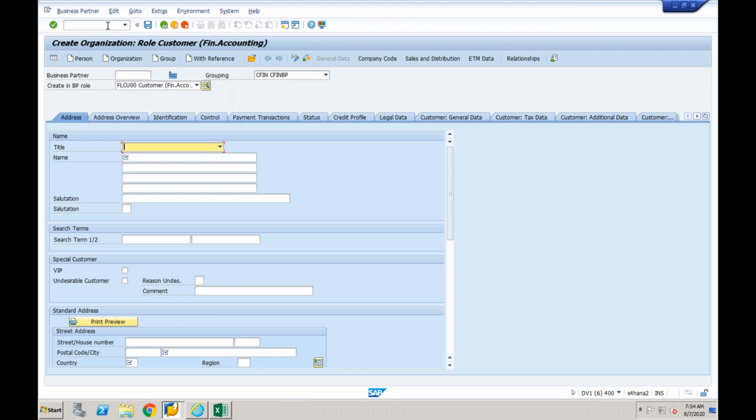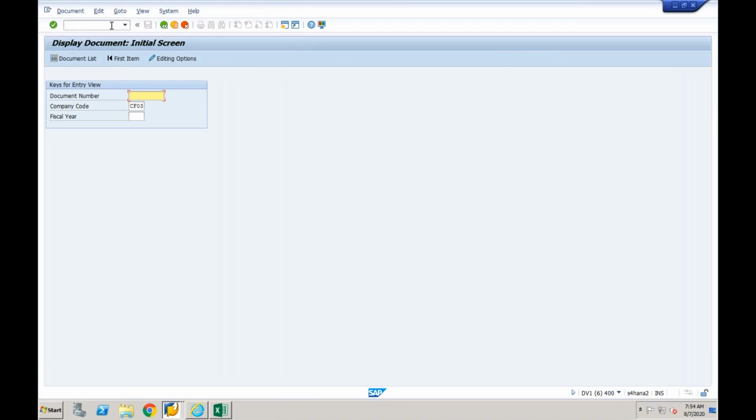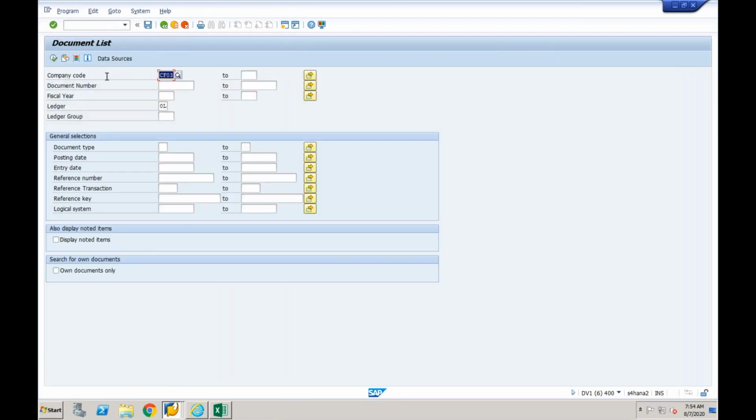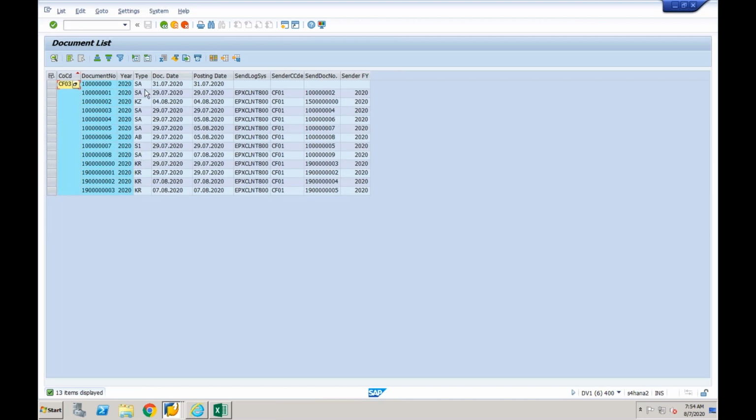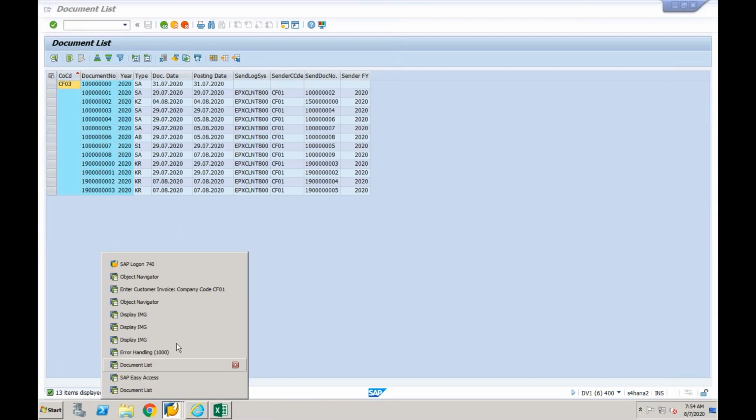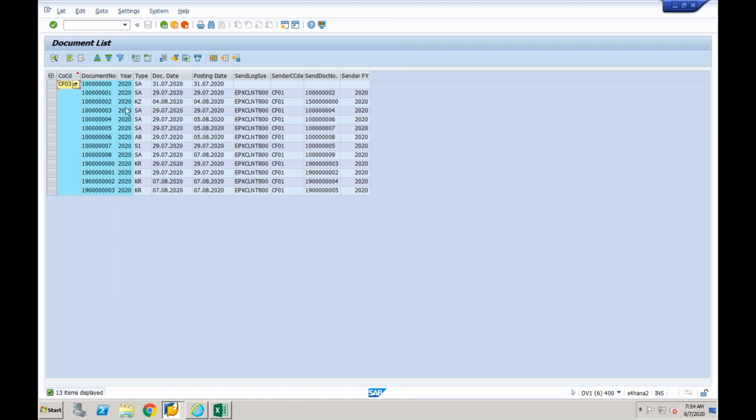Have you posted any document in the target system? Let me see. Any AR related document have you posted already in CF03? No, not with the same company code. Yeah, because I cannot see anything in DR. So we have not created any customer. Let's create it. So customer is where? I think I closed it. So BP,